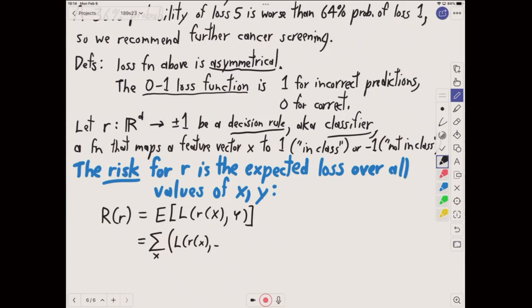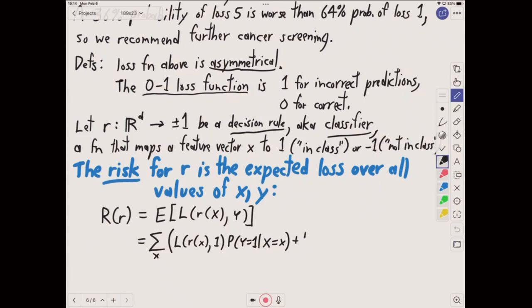So for each possible discrete value of the random variable x, I'm going to look at the loss that my decision rule has on that particular feature point times the probability that that feature point actually should be considered in the class,